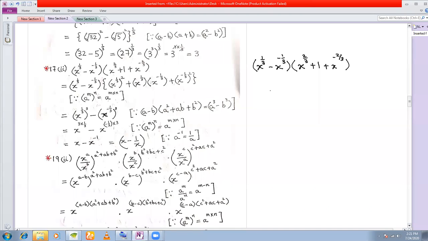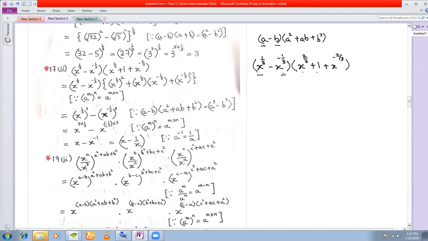Okay, you need to simplify this expression. What you must realize here is this is a product of two terms, and here I have three terms. It should look to you like this: a minus b. Just by a little guesswork, maybe it looks like this. Maybe, I don't know, but it looks like a minus b.